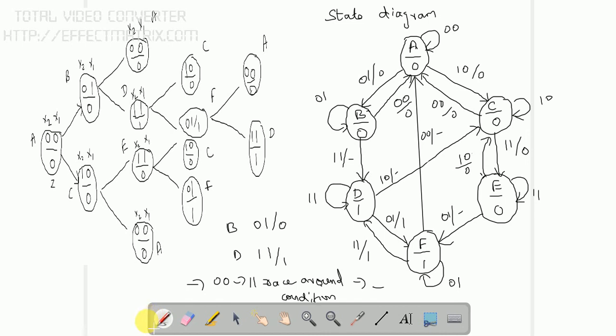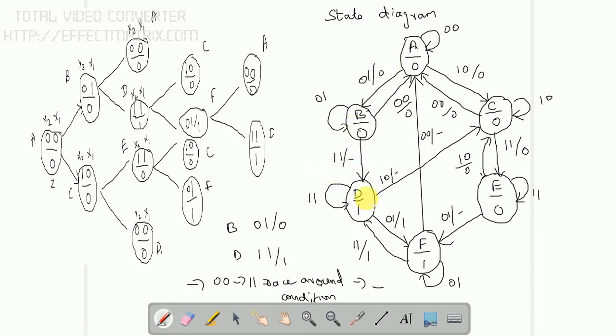One thing we need to understand is to check the inputs of two different states. If one input change occurs in the input and the output is the same, we don't need to worry about that. Whatever the receiving state input is, we write that as the input, and if both outputs are the same, we write that output as it is. But when there are bit changes at the input side as well as the output side, we write the output as don't care, and the input is that of the receiving state.